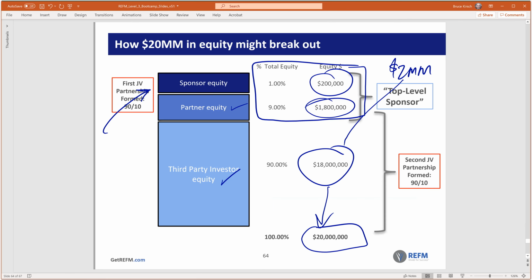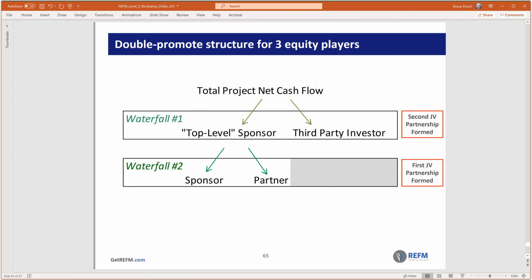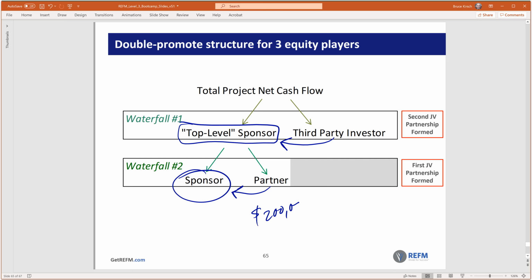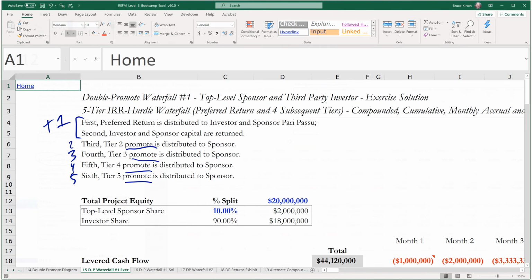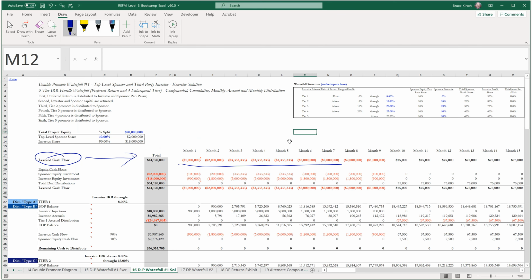And so what you end up with here is what is known as a double promote structure, wherein the local sponsor receives a promote in a JV Waterfall agreement from the partner, and then that local sponsor, as part of the top-level sponsor, also receives a promote from the third-party investor. So this local sponsor who invests, let's say, 200,000